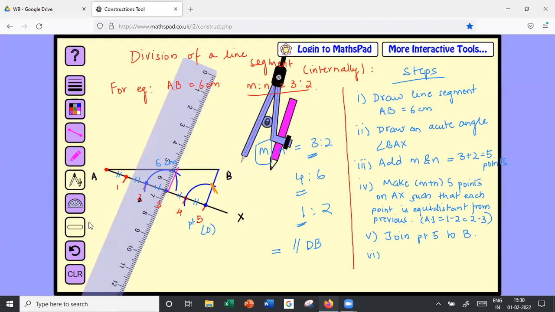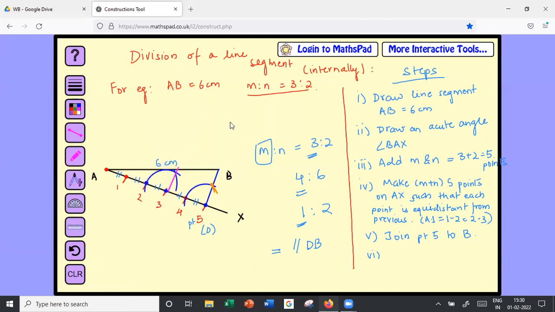Right. So now that I have done, I'm done with you guys. Okay. So this is my point C. I'm calling it C here. So basically you now have your line segment which is divided in the ratio 3:2. Yeah, you can measure it and check. If you take the ratio and you divide 6, you'll get the correct value on your line segment also, right? If you would have taken 5, you would have got, I think, exact 5 parts.